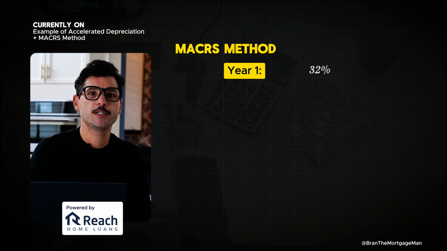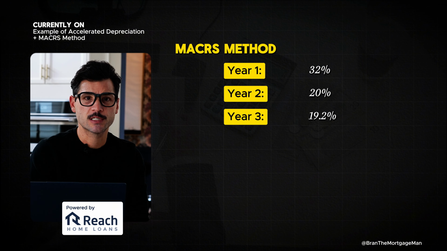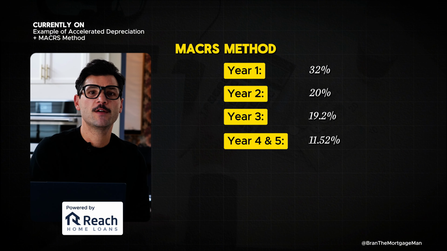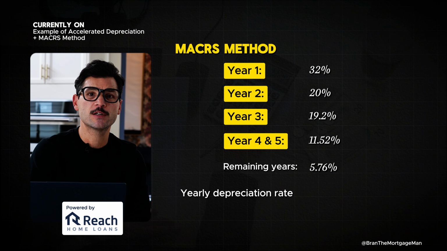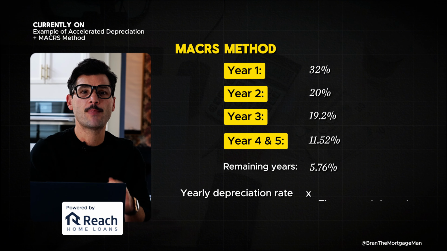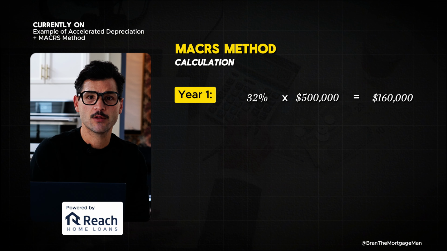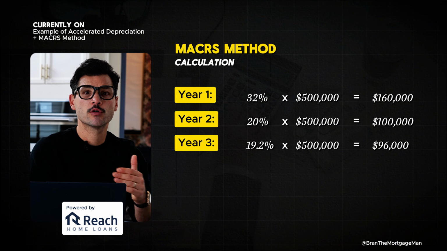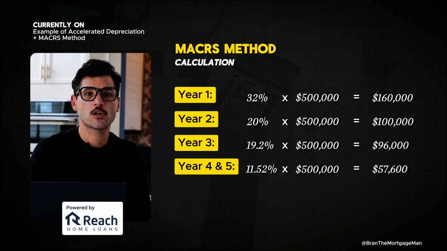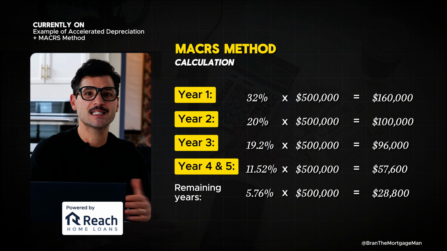Year 1, 32%. Year 2, 20%. Year 3, 19.2%. Years 4 and 5, 11.52%, and then the remaining years, 5.76%. So to calculate the depreciation for each year, you multiply the depreciation rate by the property cost. So using $500,000 like we did in the previous example, year 1, you would actually get to deduct $160,000. Year 2, $100,000. Year 3, $96,000. Years 4 and 5, $57,600. For the remaining years, you would continue applying the 5.76% rate until the property's basis is fully recovered,